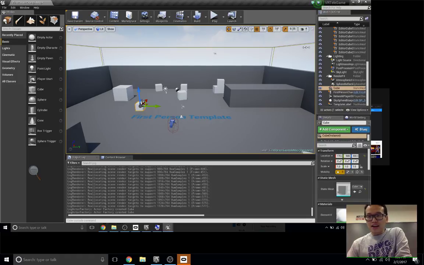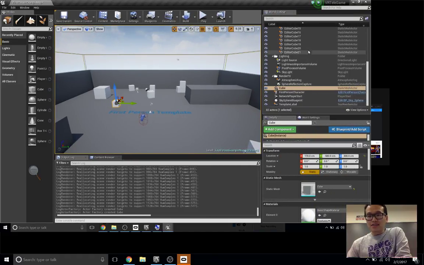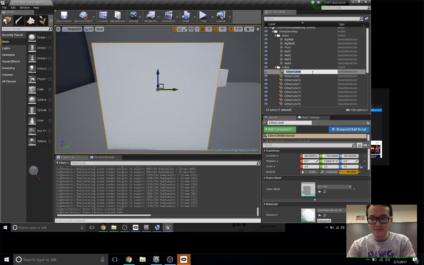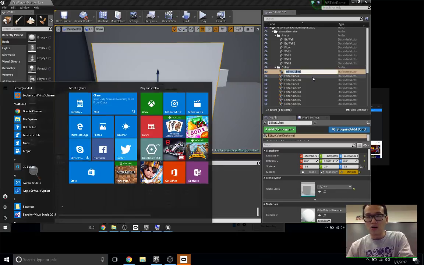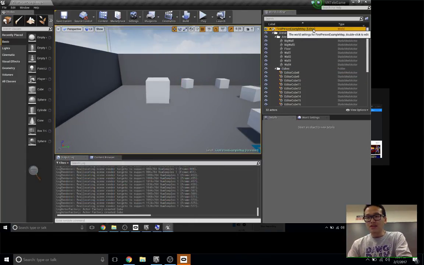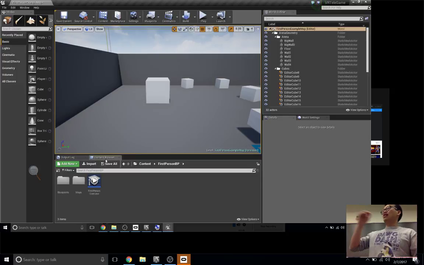The right side is the outliner. It shows you all the different objects inside your game right now. The top level is the map that you're working with. Each level inside Unreal is contained inside a map.